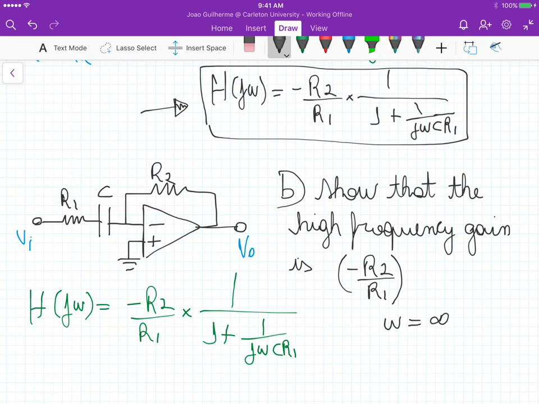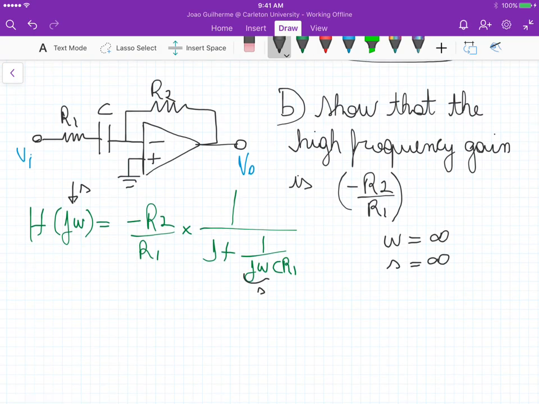Now if we plug in omega equal to something very large, or if you want, call this one here s, and say that s is equal to infinity, right? Basically this term here,